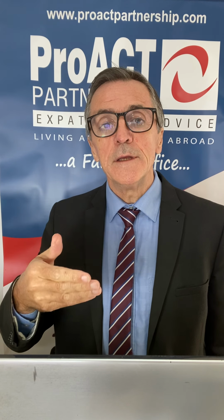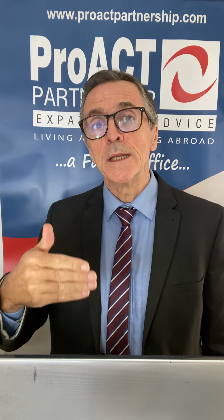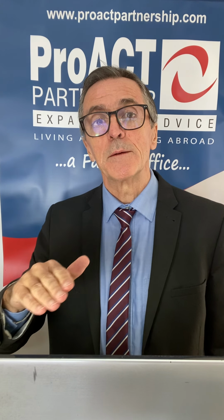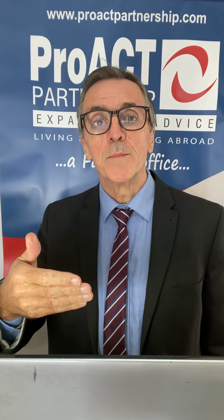If you live in a property and you've got a lodger, that's not counted as a commercial element. But if an expat leaves their main residence and goes abroad, then that property, unless they nominate it and make it clear with the HMRC and it's not rented out commercially, is potentially then liable to capital gains tax. There is a window, a final period. So if you vacate a property and to sell it,